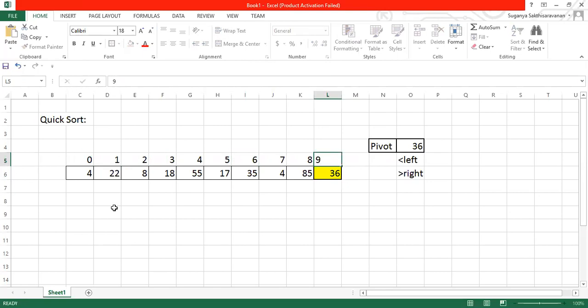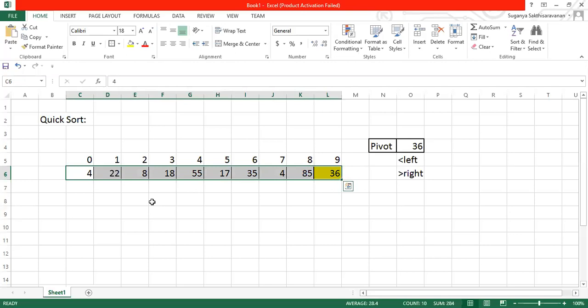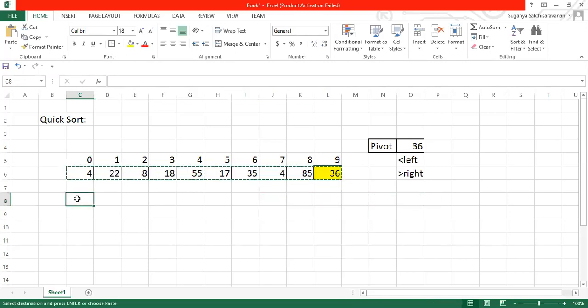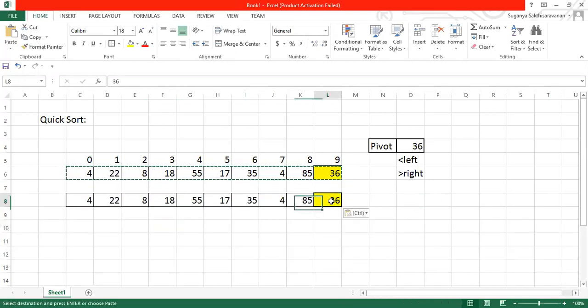Now we'll start. We have the same list here. First I'll compare 4 with the pivot value 36. I'll check whether 4 is greater than 36. No, it is not greater; 4 is less than 36. If it is lesser, keep it as such, no changes at all, and move your pointer to the next one.